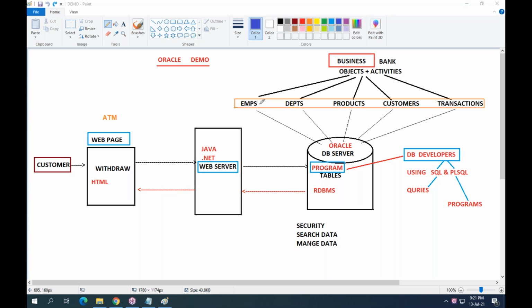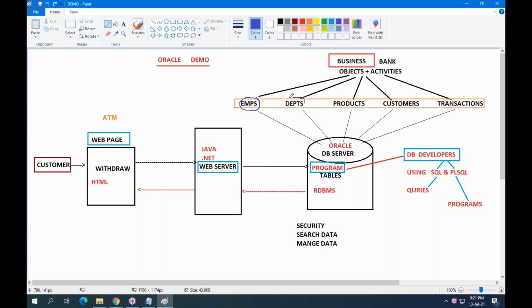The information related to all objects, employees, departments, products, transactions, everything is saved into the database server. If you save the information in the database server, what is the benefit to the business people? First, security. Next, they can easily manage the data. They can search data very fast. Security, managing data, searching data. These are the advantages